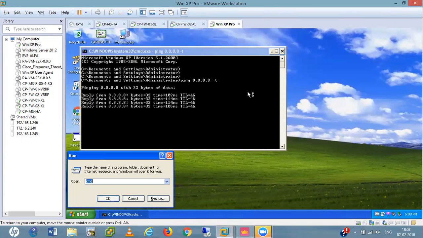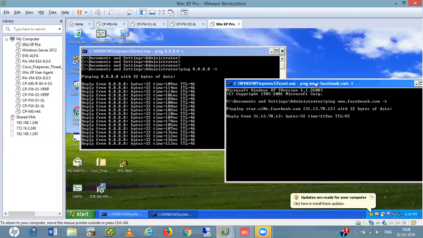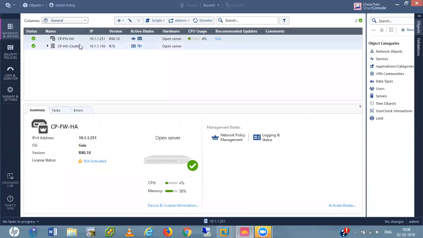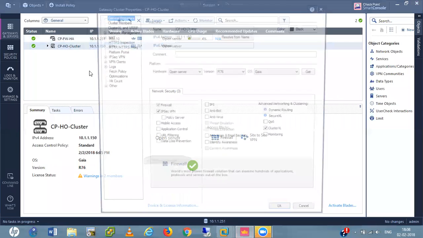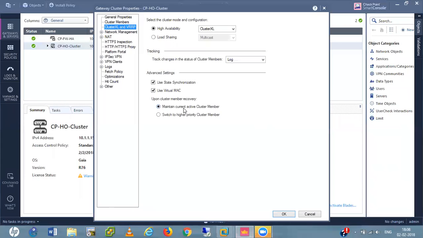If I open a new CMD also, ping www.facebook.com -t. It is also pinging, right? If I go to your cluster in VRRP, right now I use this one, maintain current active cluster member.